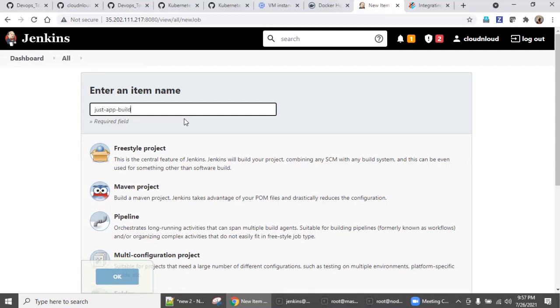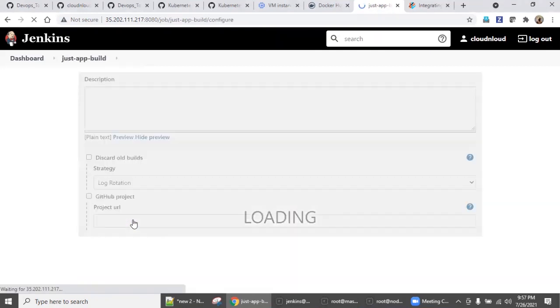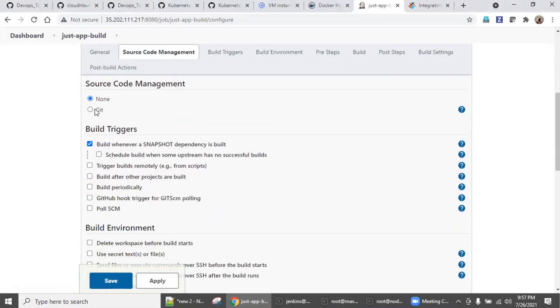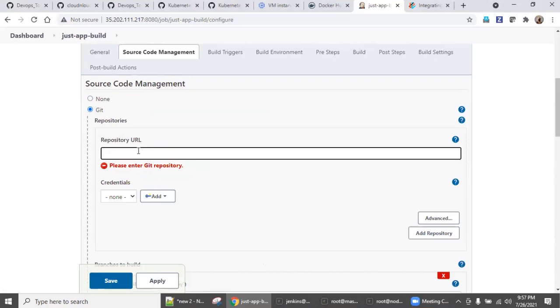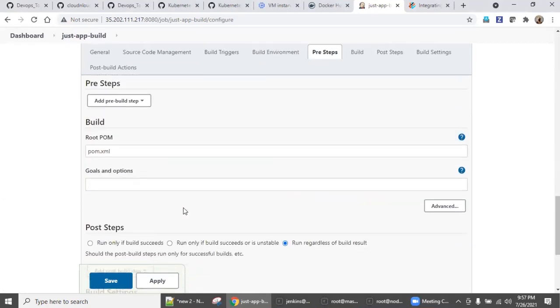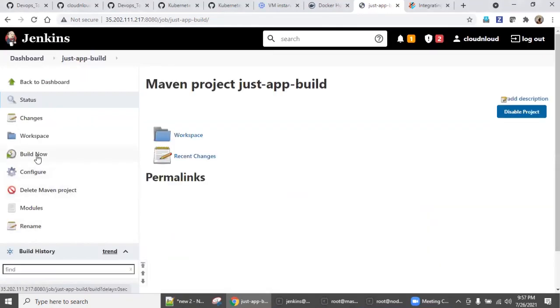You just need to build the app, say Maven project. Next pipeline, we will go with actual integration. Come down, say Git, repository URL, come down. So everything is fine. Maven, pom.xml, everything is created. Say save. Now, if I say build now, what is happening?